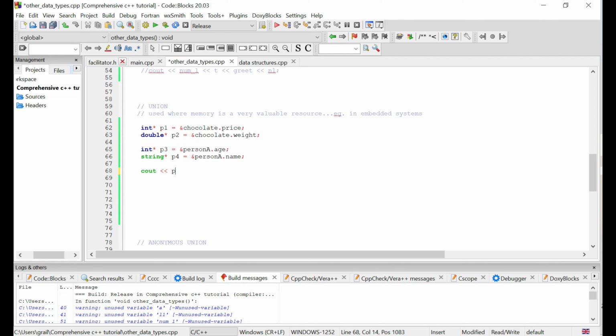So cout, and we have p1, which is the memory address of chocolate dot price, and we want to have a tab over here, and then p2. Then after that we want to issue a new line. But to make this meaningful, let's put a sentence here. So we say pointer to price is p1, and